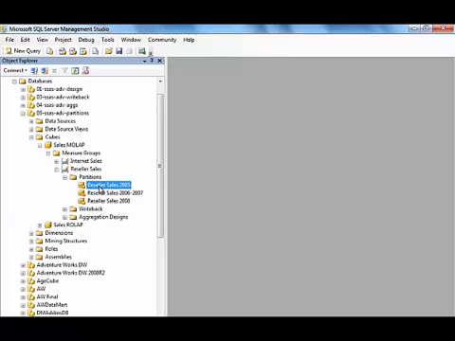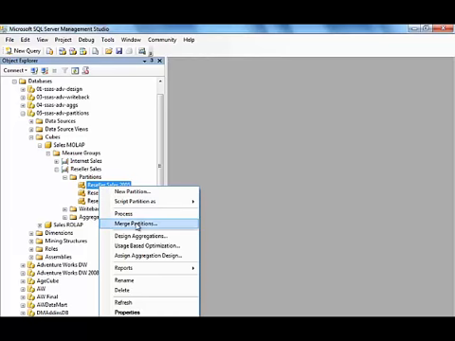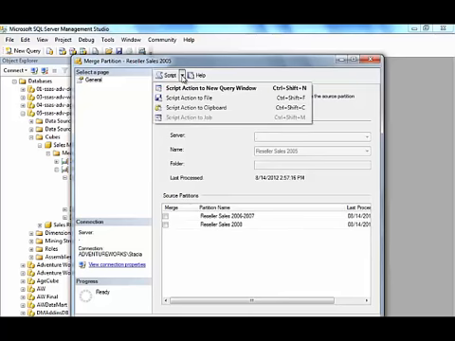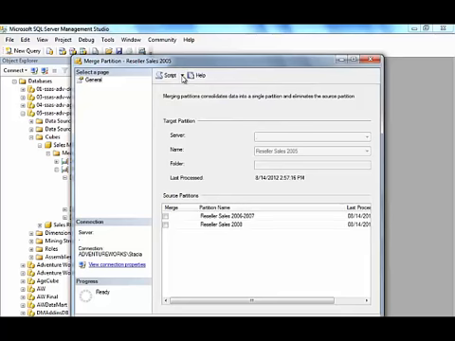I can come into Management Studio and I can right-click on a partition and select Merge Partitions. And like many other things here in Analysis Services, most actions are scriptable, so I can create an XMLA script and automate this process. But notice that the partition that I have selected, the target partition, displays at the top, and then the other partitions available in the same measure group appear below, where I can use a checkbox to select them. So I'm just going to combine 2005 with the 2006-2007 partition